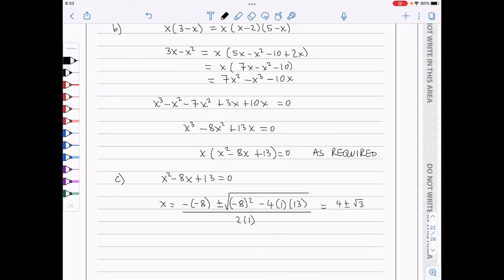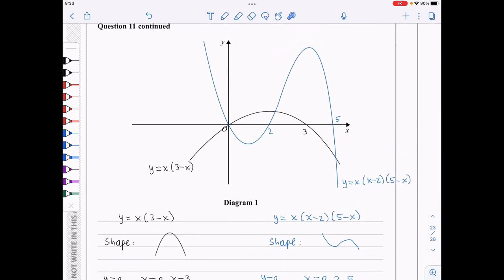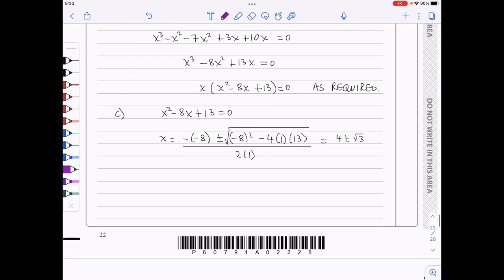If I just revisit for a moment my sketch here, I got 2 points of intersection. One is here and the other is here. Obviously, P is this one here, which lies in the first quadrant. So its x coordinate will be 4 minus root 3. And here it's going to be 4 plus root 3. So when x is 4 minus root 3,